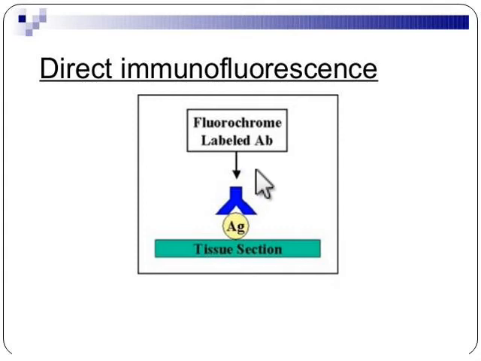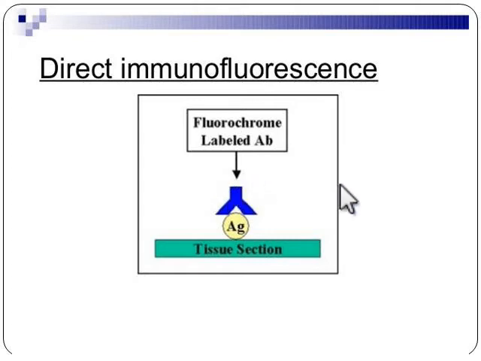Direct immunofluorescence అంటే ఏంటమ్మా? Here direct immunofluorescence లో ఏంటి? డైరెక్ట్ ఏం యాడ్ చేస్తున్నాం మనం? ఏదైతే టిష్యూ సెక్షన్ చూస్తున్నామో, టిష్యూ సెక్షన్ మీన్స్ ఫారెన్ యాంటీజెన్ అన్నమాట. The tissue containing the antigen is detected by the fluorochrome labeled antibody, and this is observed by fluorescent microscope, and this is mainly used to detect rabies antigens.